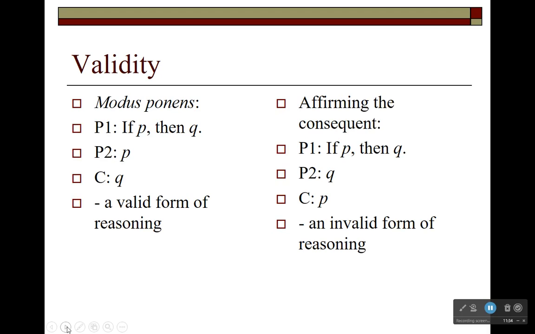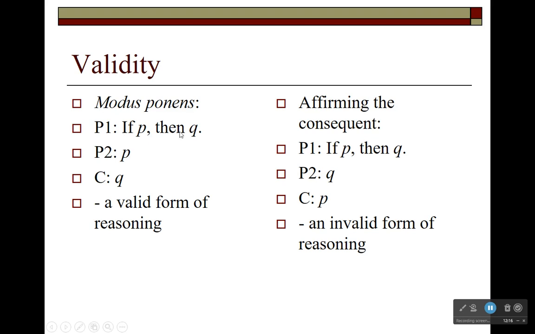So that first argument is a common form of valid deductive argument. The form of that first argument that we said was valid is this: if P then Q, P, therefore Q, where P and Q are variables. These variables stand for statements. So the variable P stands for the statement, it rained last night, and the variable Q stands for the statement, the grass is wet. So you'll recall that the example we just gave of a valid argument was, if it rained last night, then the grass is wet. It rained last night, therefore, the grass is wet.